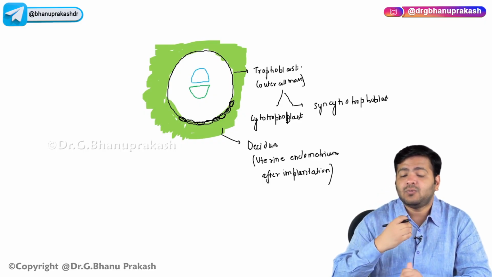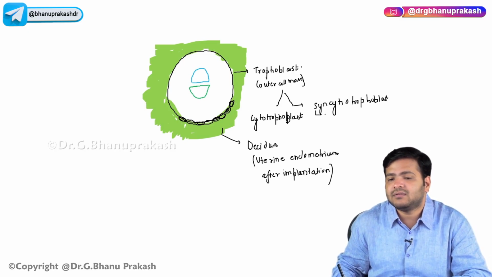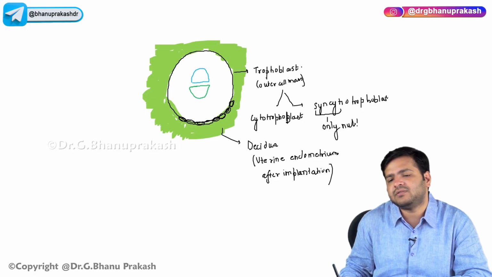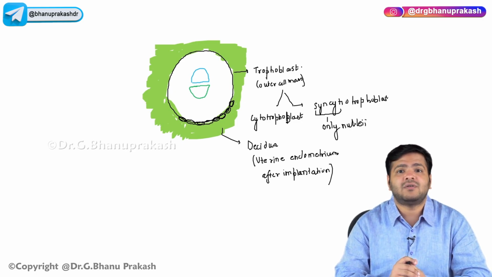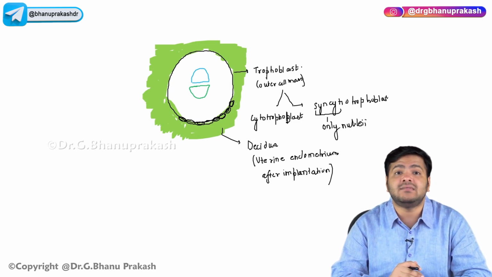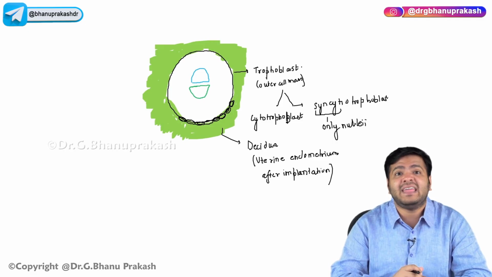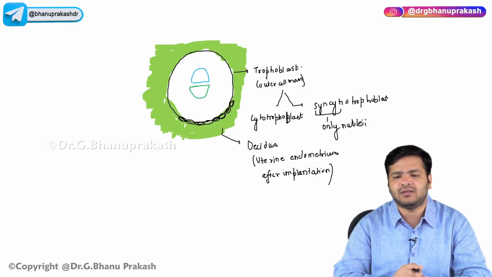Why is there a need of syncytio? What does it mean? That is, only nuclei are present. There is no plasma membrane. That is for a reason. Why? Because they can help to invade inside the uterine endometrium. अगर सेल की लेयर इंटैक्ट है तो यूट्राइन एंडोमेट्रियम में इन्वेड नहीं कर पाएगा. फॉर द अर्ली न्यूट्रिशन इट इज़ वेरी वेरी इंपॉर्टेंट कि सम